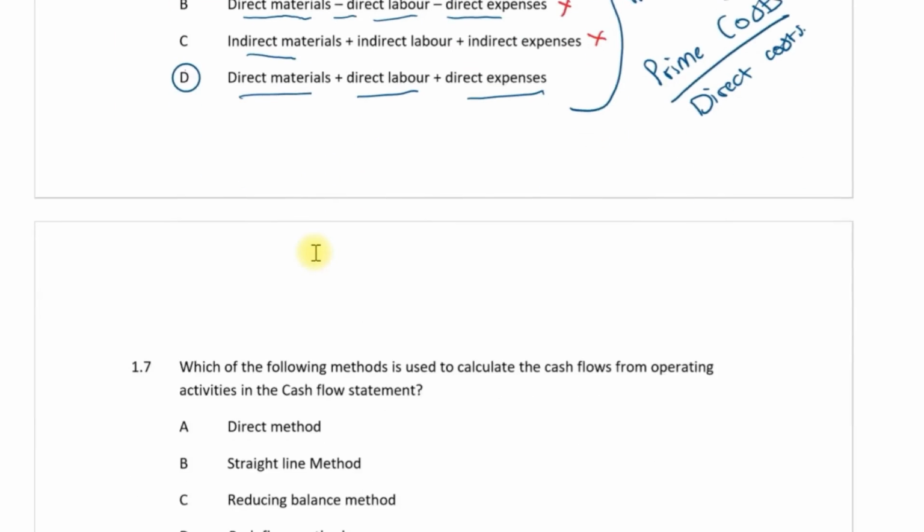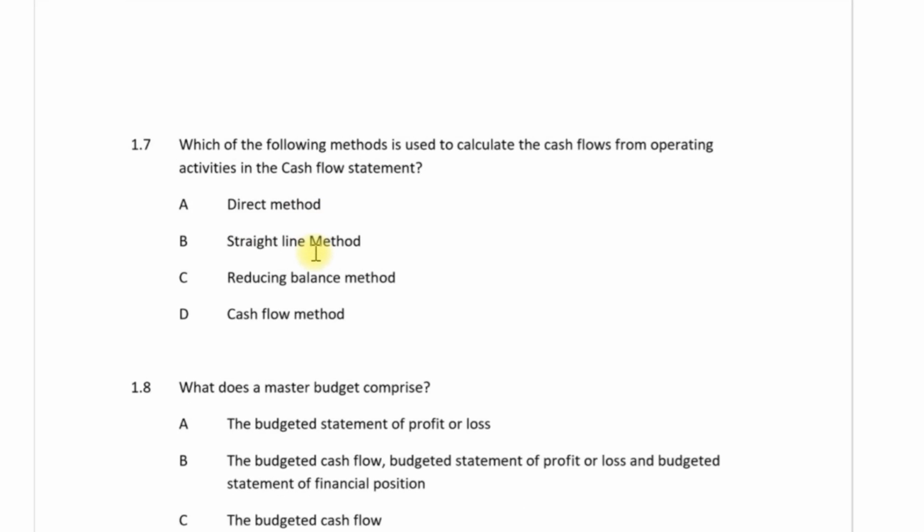Let's proceed to question number 1.7. This one. Which of the following methods is used to calculate the cash flow from operating activities in the cash flow statement? Okay. Which of the following methods is used to calculate the cash flows from operating activities in the